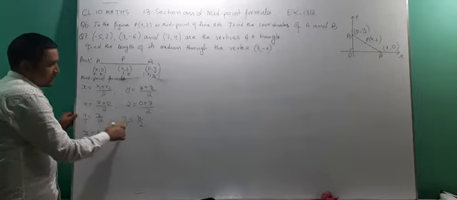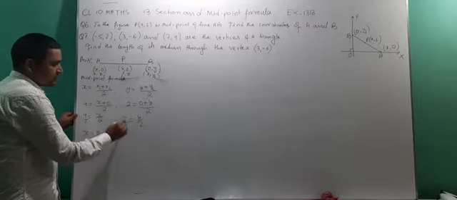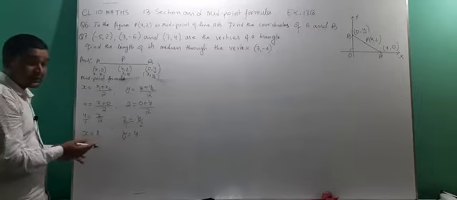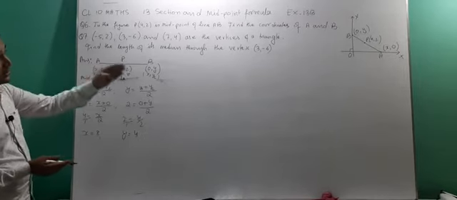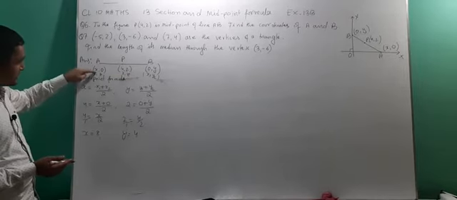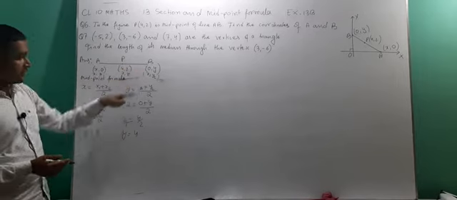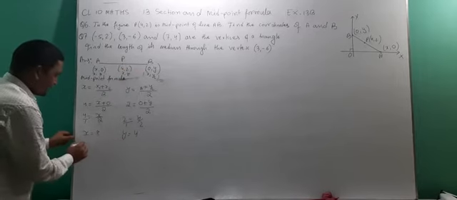Then put 1 here, 1 into y is y, 2 2s are 4. Now we got the value of x and y. The question asks to find the coordinate of A and B. Just replace this x by its value and y by its value. Okay, therefore